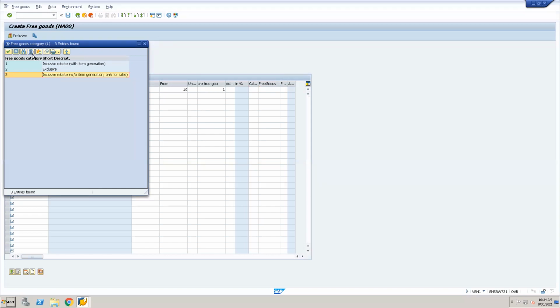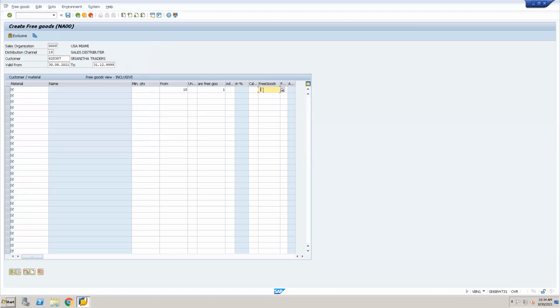For example, inclusive means the offer you are going to give is 10 plus 1. For 10 quantity, if you are planning to give 1, and you mention inclusive here as a free good, then the quantity from where the free good will be applicable will include that particular free item also. Say if you are giving 10, then it will be 9 plus 1, that is inclusive.